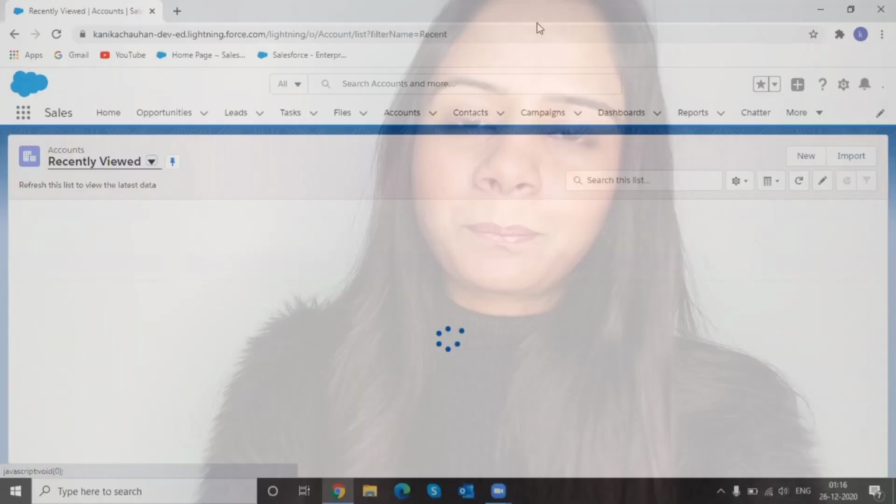The next point is auto number. Auto number fields are not available in the field to aggregate option in roll-up summaries. Next, we cannot use long text area, description field, multi-select picklist, formula fields, and system fields like activity, last modified, this type of field in the roll-up summary filters. And if you know, we have the option of mapping on the lead object. At that time also we do not have roll-up summary fields, so that we can map them at the time of conversion.